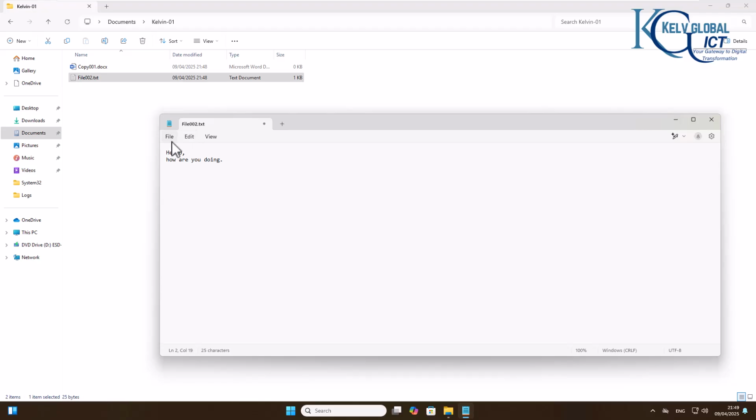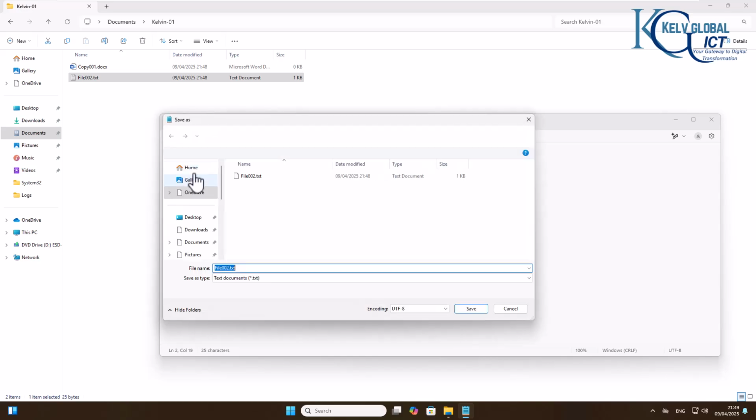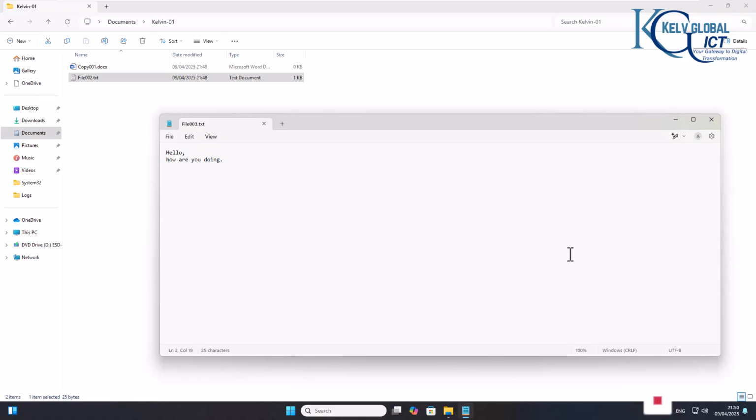But at the same time, we can still decide to go to File. Here you can see we have options like Save, Save As, Save All. Let's say I want to save this document as a different document entirely. I can click Save As. Now it's going to take me to the folder where this document is, and it's going to ask me, do you want to save this document with the same name? If I say yes, it's going to ask me if I want to replace the file in that document. But I can decide to save it under a different name, and then we have a copy of that document